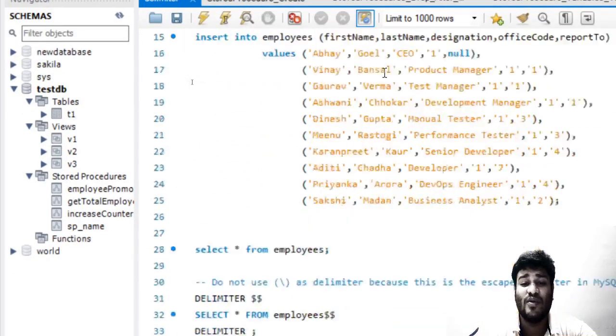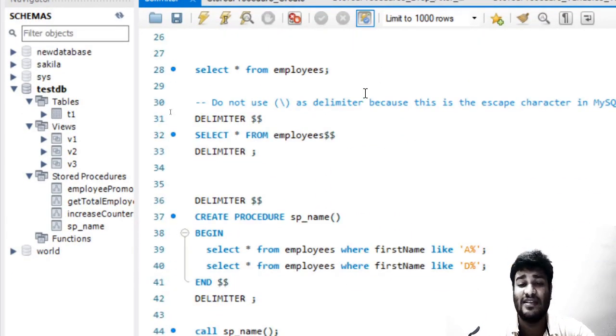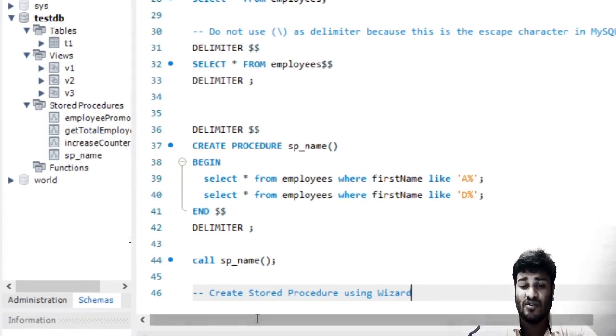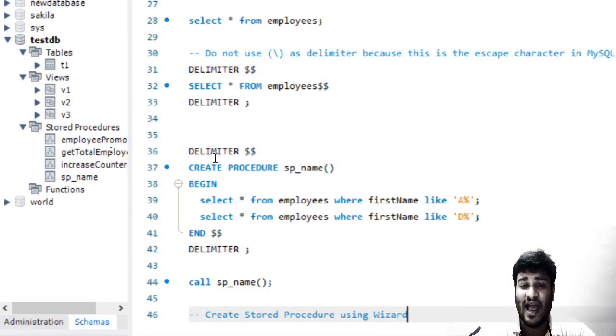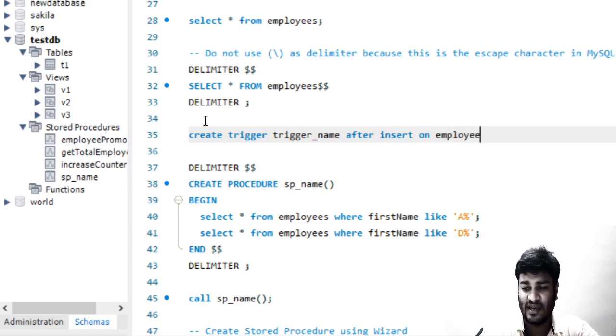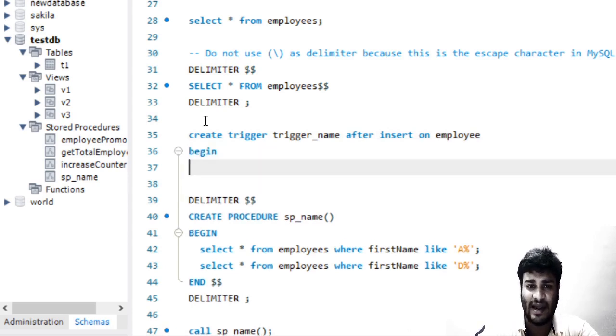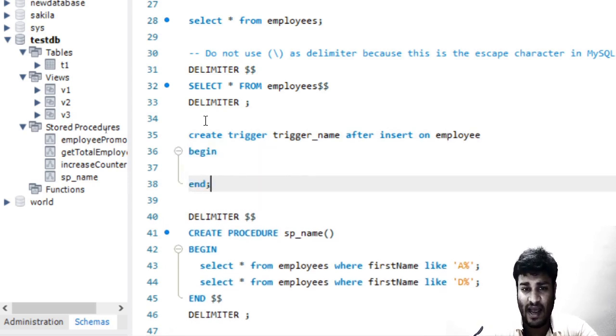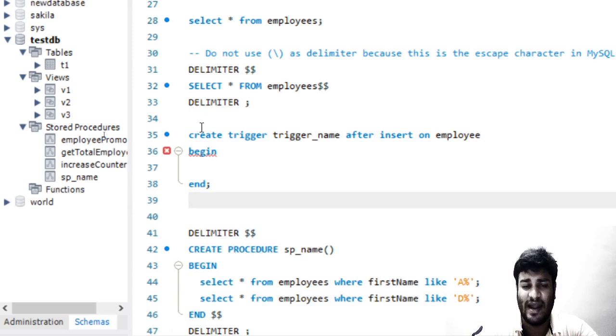But when you create stored procedures or triggers, so previously we created triggers, and we saw that when we create a trigger, we say create trigger name, for after insert on table employee. So this is the trigger which we are creating, and then we say begin, and at the end we say end, and this brings it to an end.